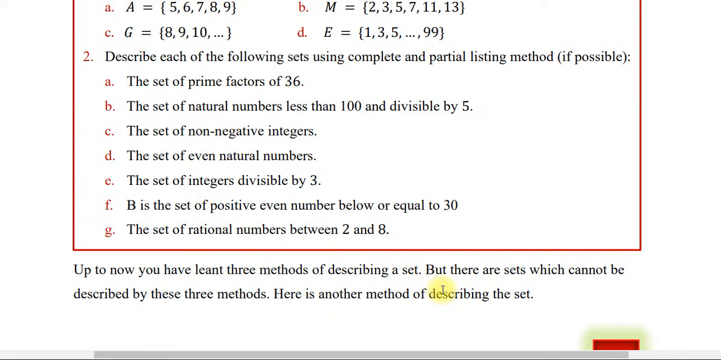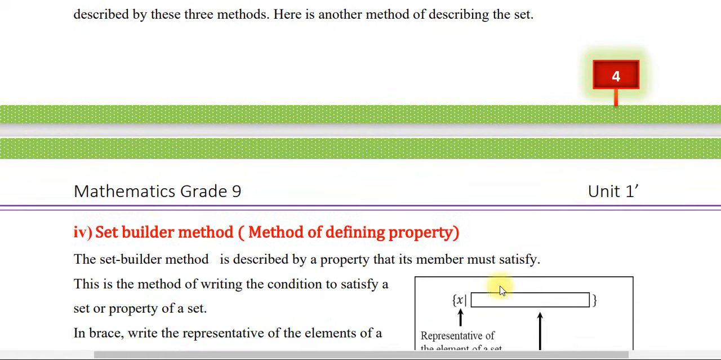ሶስት ሜቶዶችን አይተናል እስካሁን፣ ያ ማለት verbal method, complete listing method and partial listing method. But there are sets which cannot be described by the 3 methods. Here is another method of describing the set. አራተኛው ሜተድ ደግሞ set builder method or method of defining property ይባላል። ከላይ ካየናቸው ነገሮች ለየት የሚል ነው።